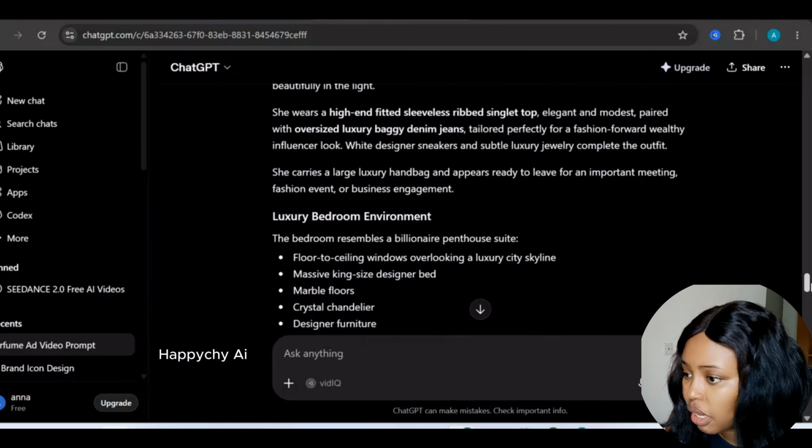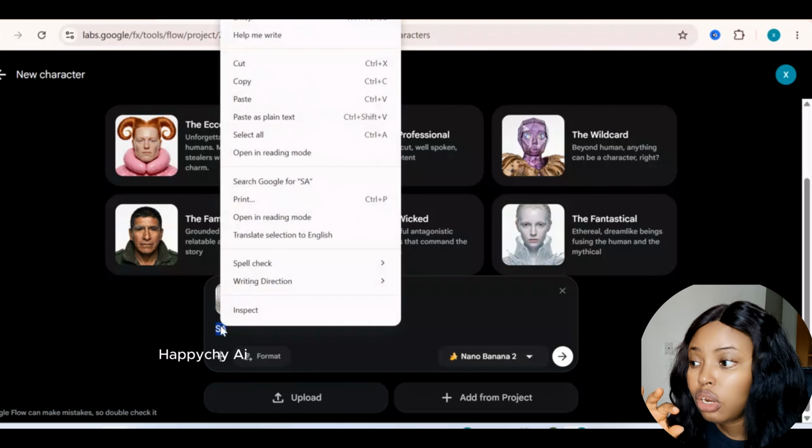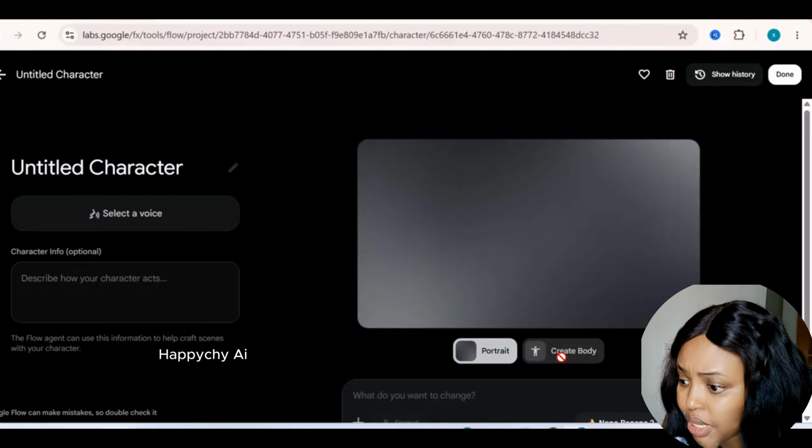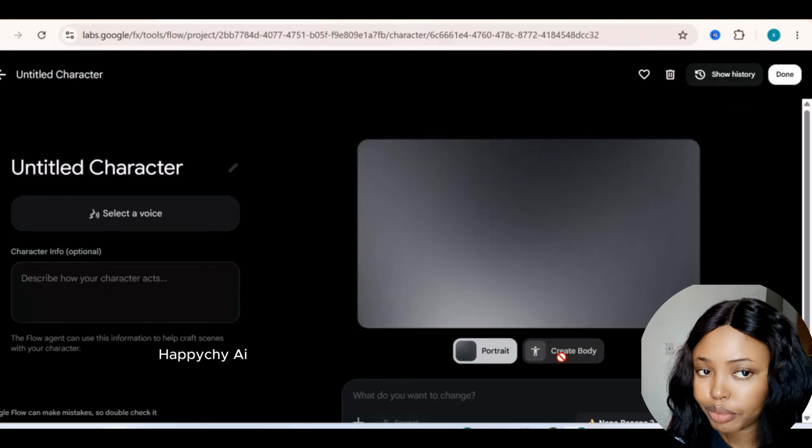Okay. Now, how did I get this particular character? Head over to ChatGPT. Describe your character. I described my character as 6.5 feet tall, black American, Brazilian hair, tall, wearing baggy jeans, and they gave me her in her luxury apartment, in her luxury bedroom. And that is why you can see I got this. Okay. So having pasted it, it started generating the image